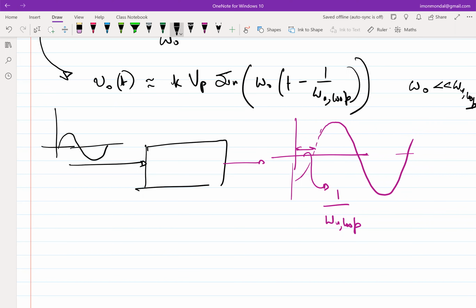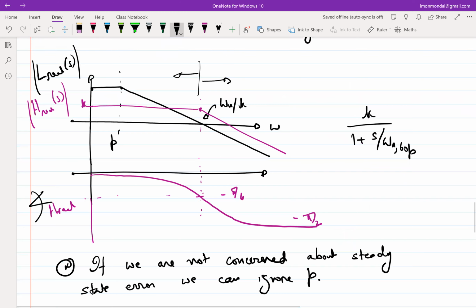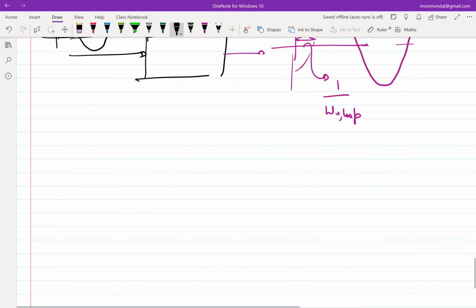Now, another interesting point. We will not get into this part, obviously, since we are out of time today. But since I have a minute, I'd like to make a point about the fact that your negative feedback system